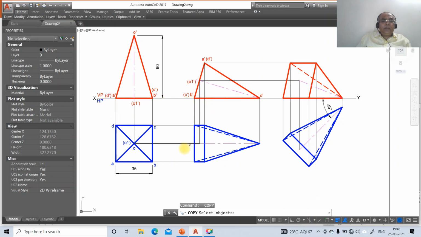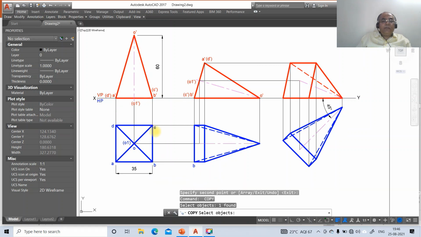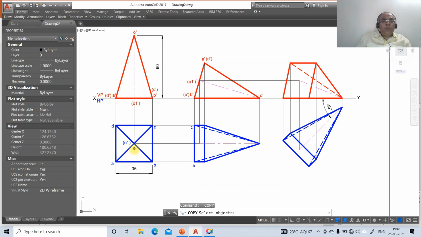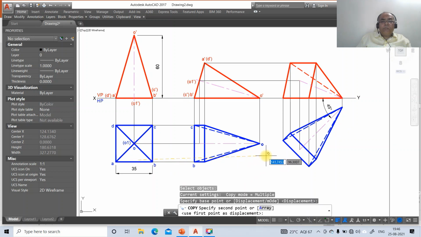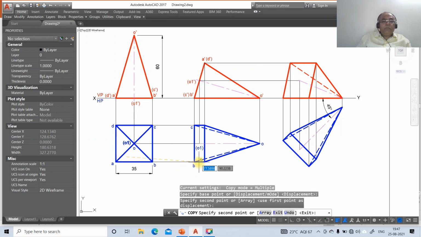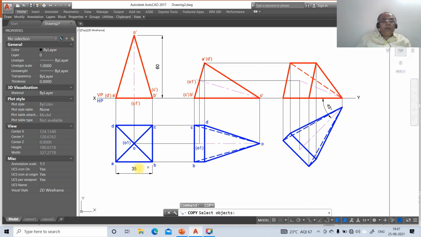Once you do that, then you just copy B and you copy C, then we have O, then we have O1, then we have D, then we have A.